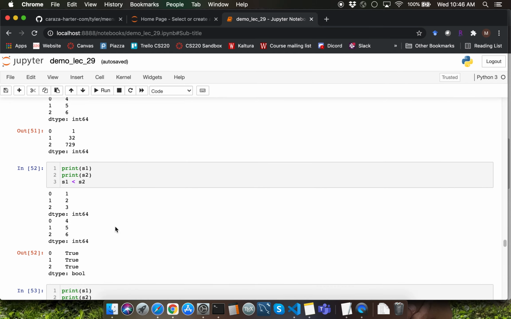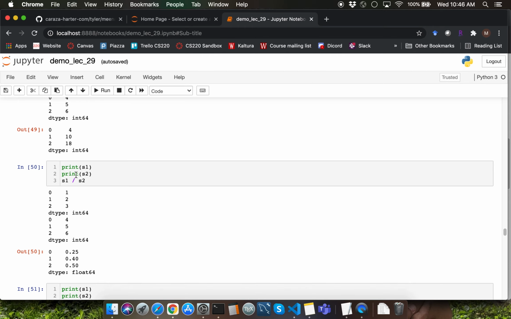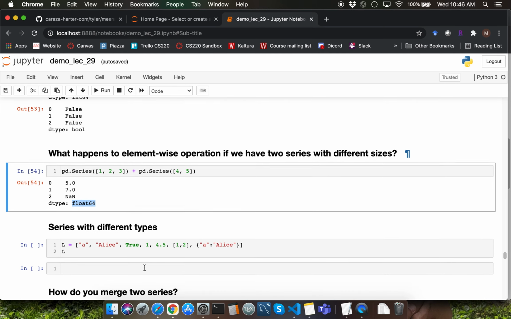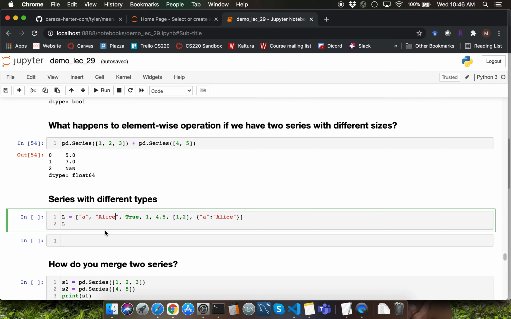One thing which I missed talking about the division operator, which I want to really quickly mention, is that when you apply the division operator, you're going to get your data type as float64, which is consistent with applying a division operator in general in Python. When you divide two integers, you're going to end up with a floating point value. Let me go back to the place where we were discussing this particular example. Because you can represent integers using floating point values, you're going to get the data type as float64 here.